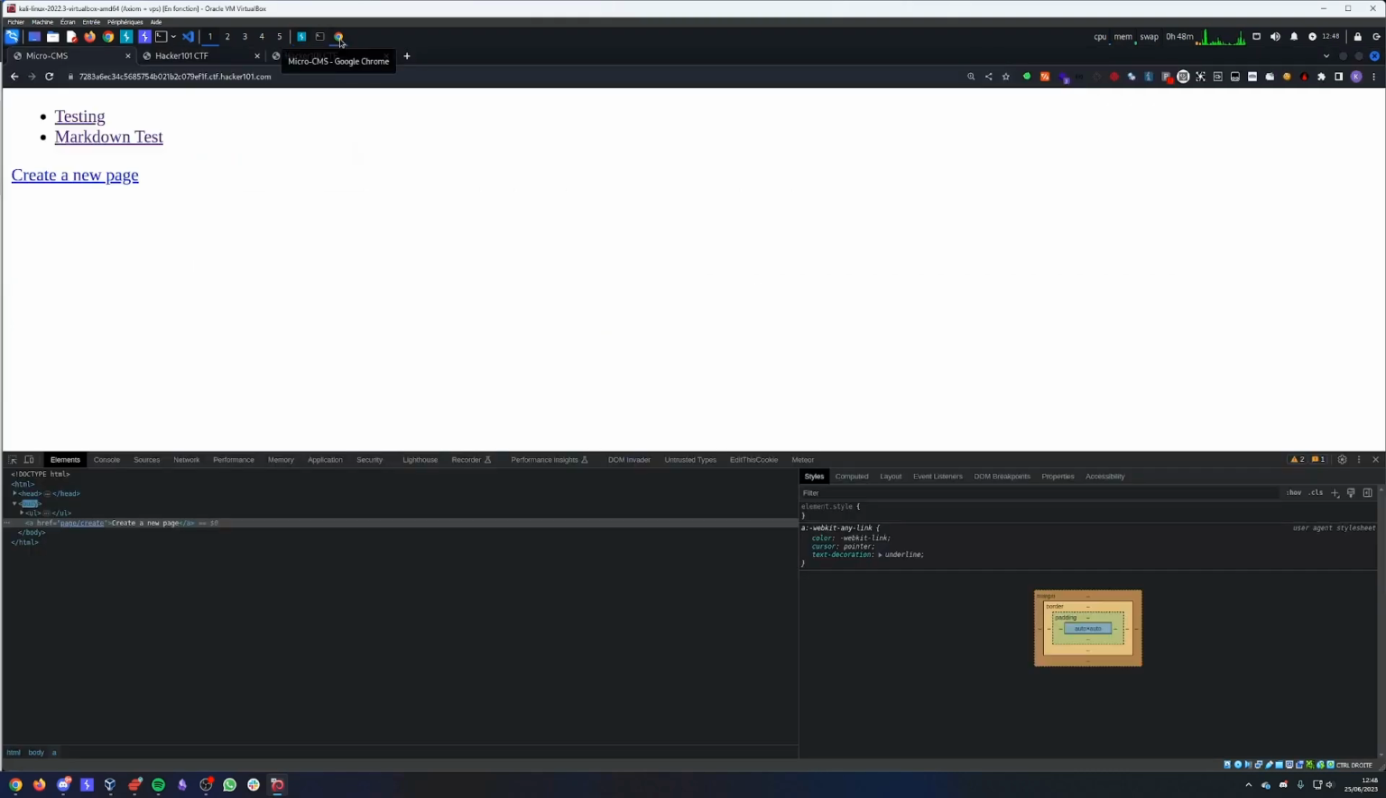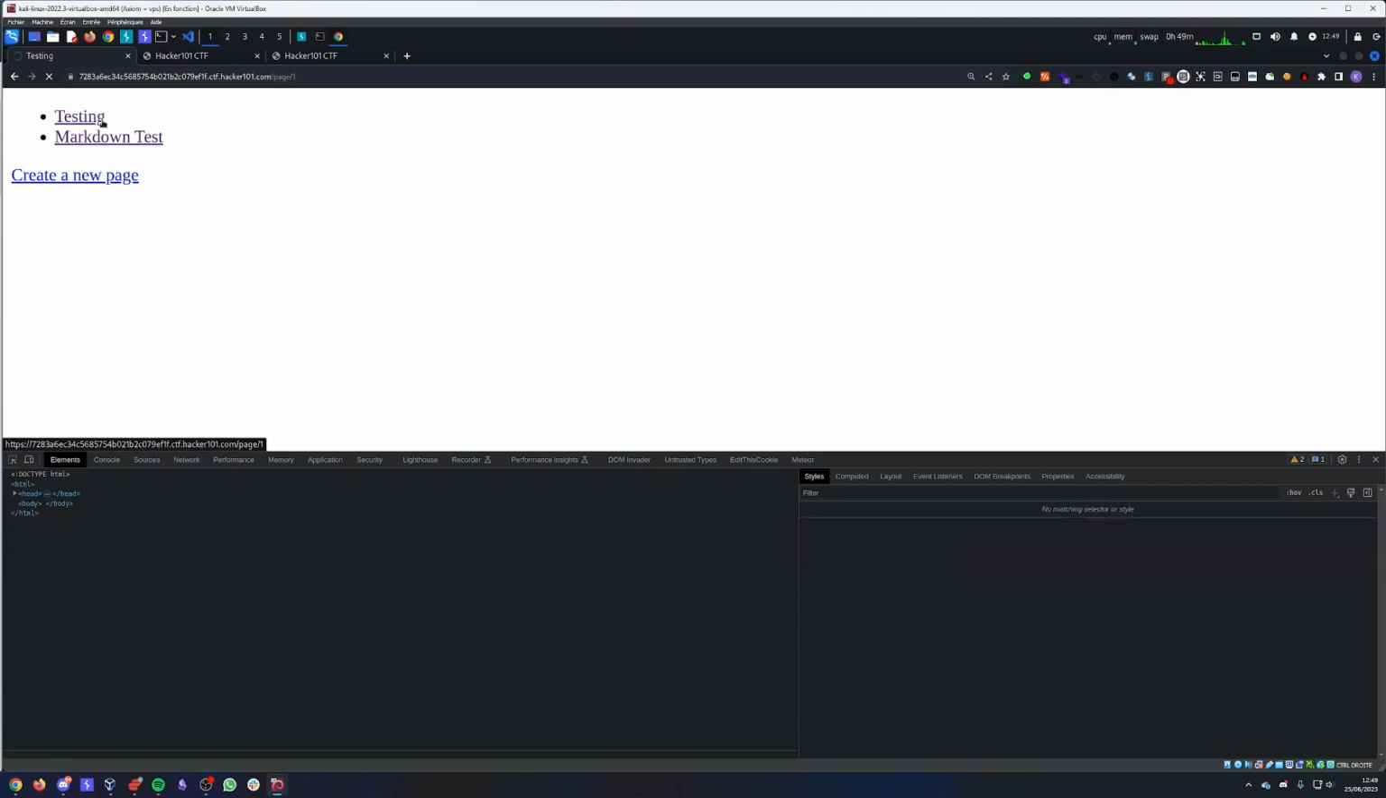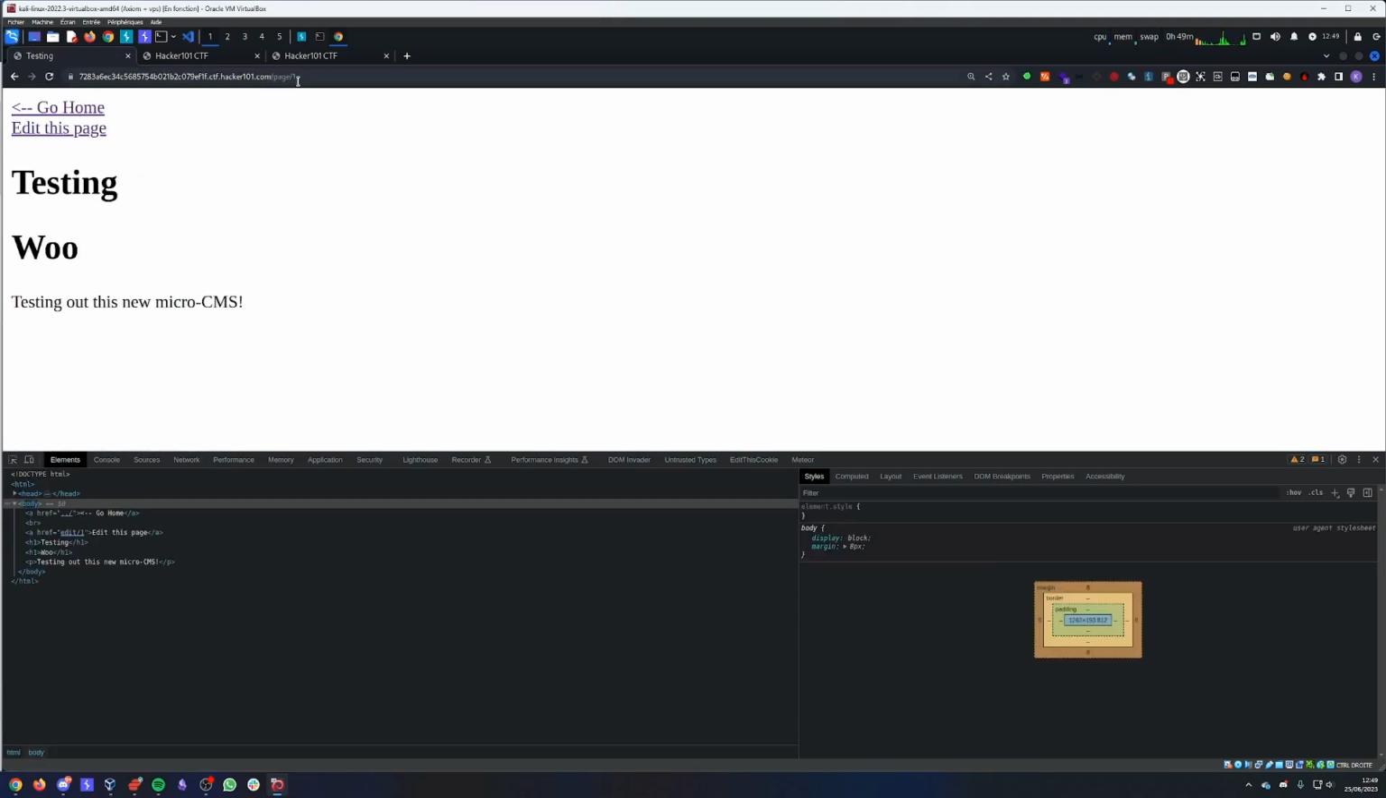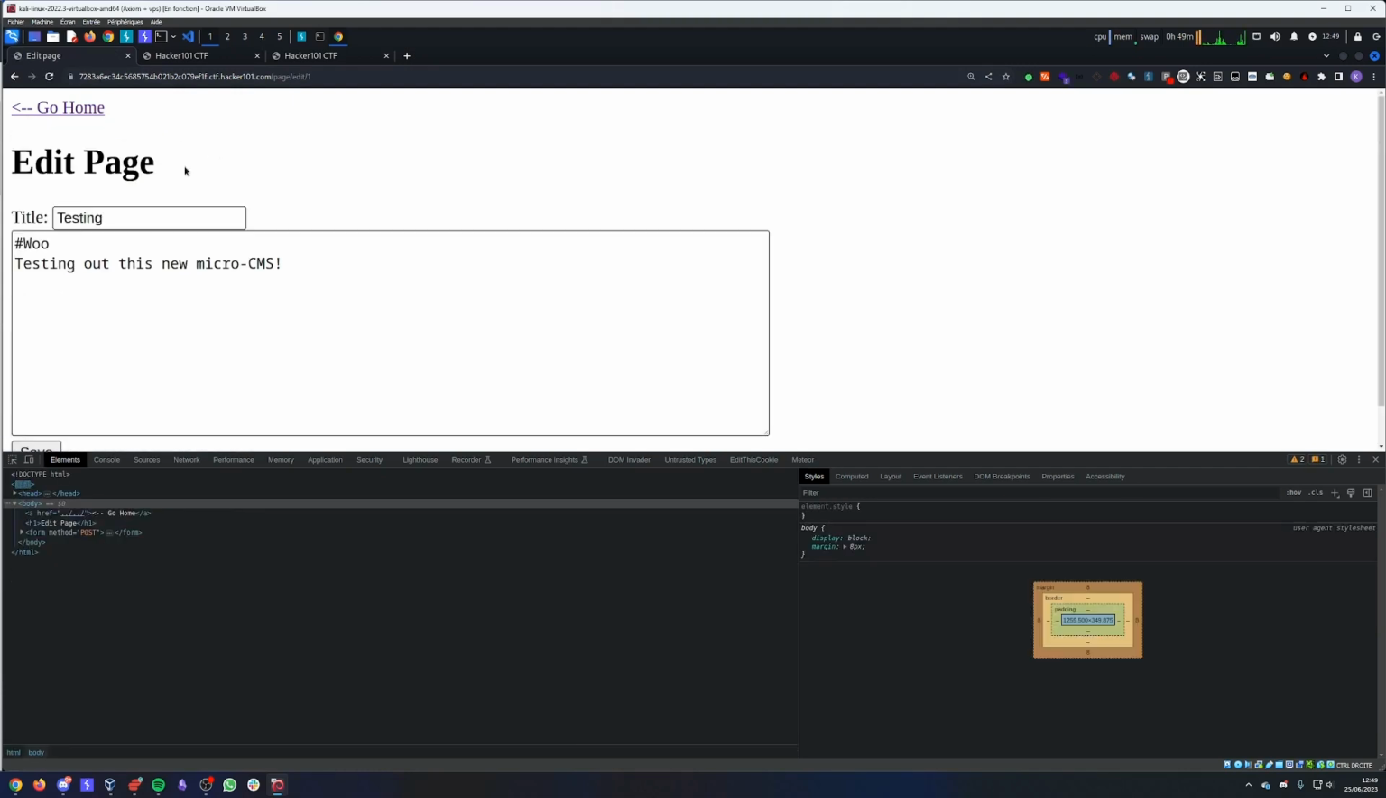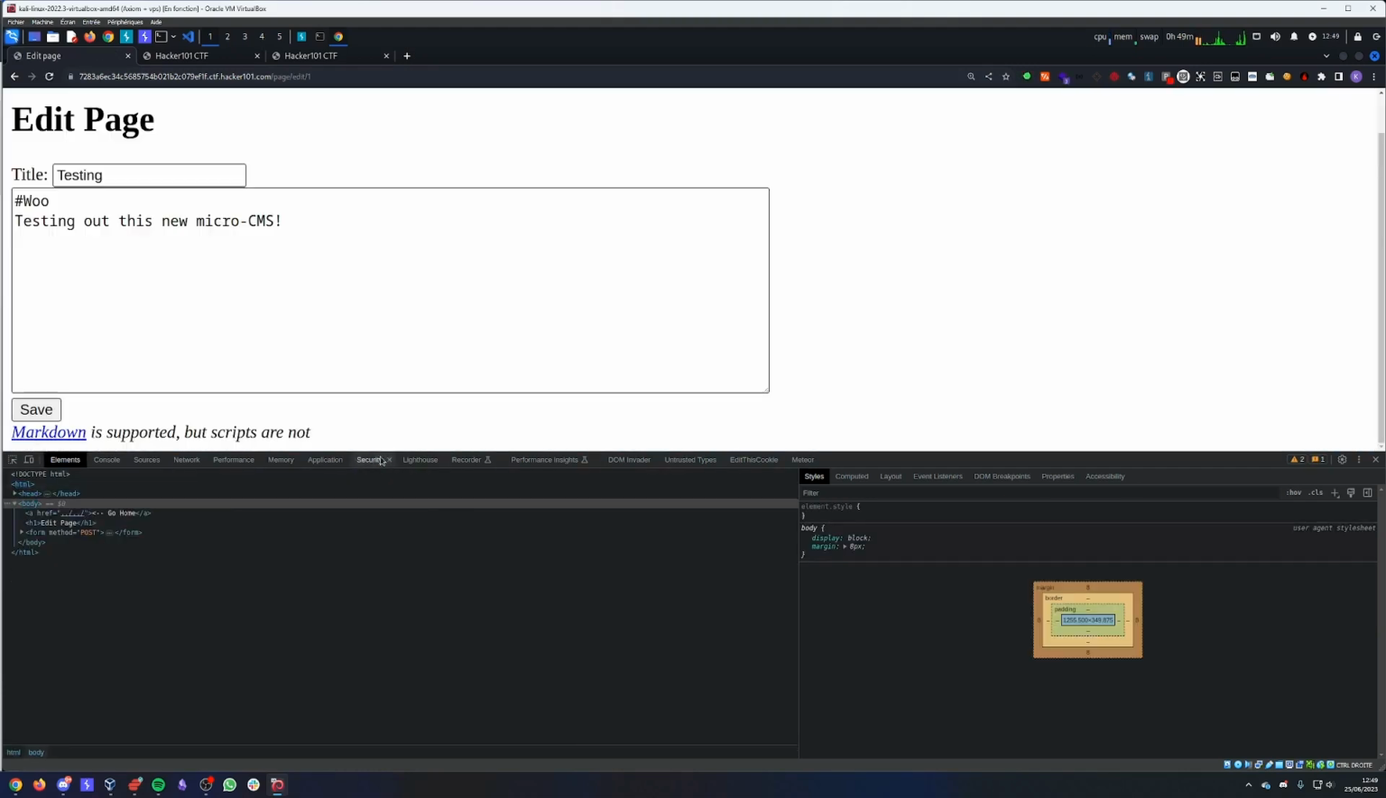So first, let's analyze the page we have here. It's called MicroCMSv1, which means that we might have in front of us some mechanism to create and edit content. We have create a new page. We have 2 links here. The first link is actually testing and brings us to page 1. We have a link for editing this page, and we have